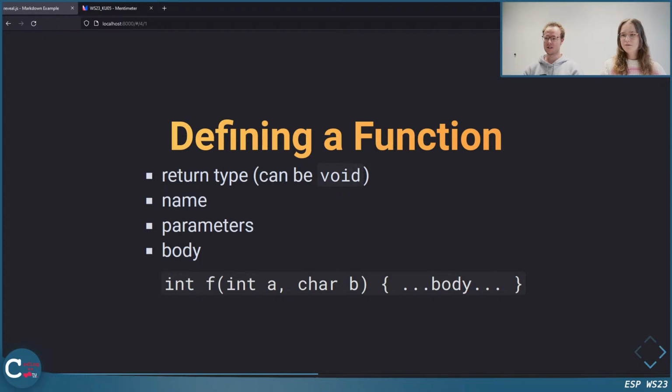Then we have the question in the chat whether it's the same to return 0 or to have a return type of void. Yeah, would you like to answer it? There is a difference. If you return the type 0, then when you call the function, you can use that value. You can say, okay, maybe add 3 to it, and then you add 0 to 3. But if you have a function that returns void, and then you try to add 3 to it, you get a compiler error because you can't do anything with a void type.